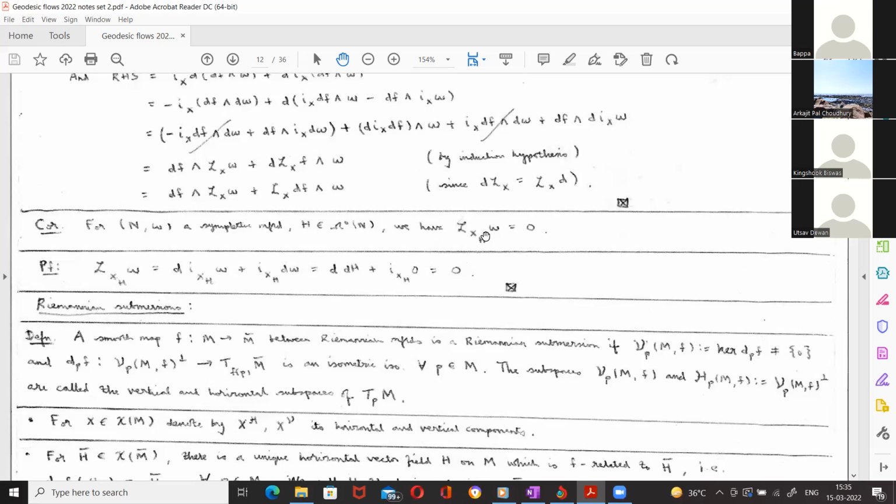The dynamics is very different from gradient flows. You see, because what happens for gradient flows,